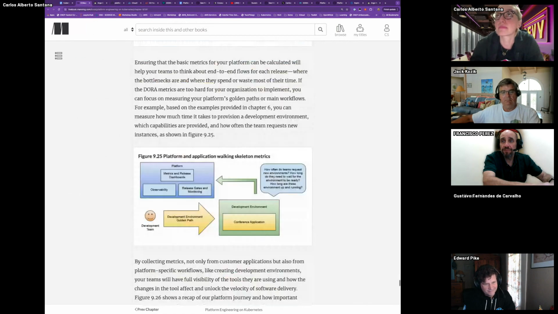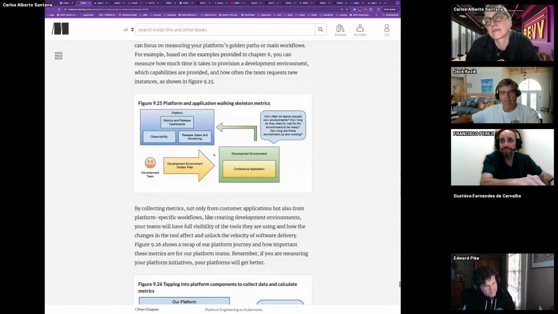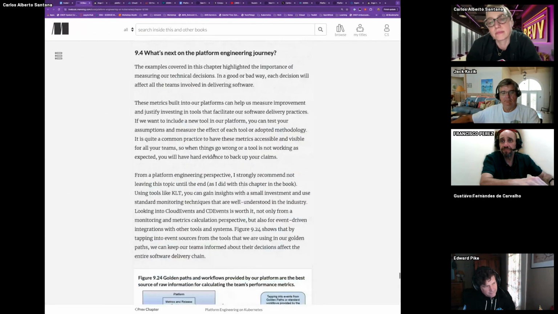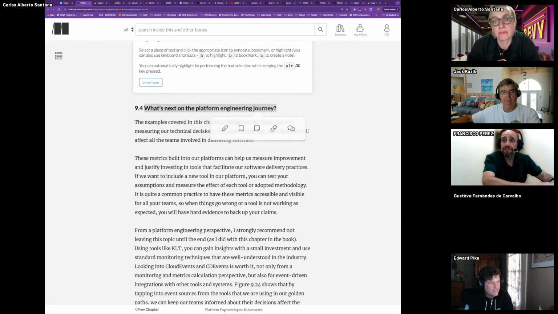Yeah, so this is how Keptn works, and then capturing the information. I think this is just his summary of what's next on the platform engineering journey, right? What are the next things you can do?